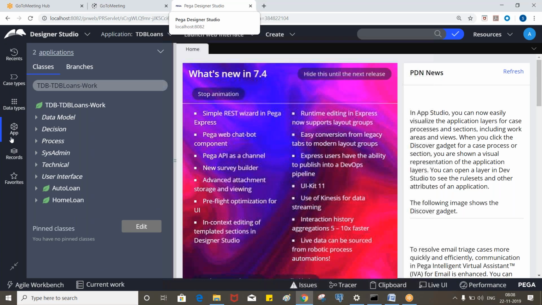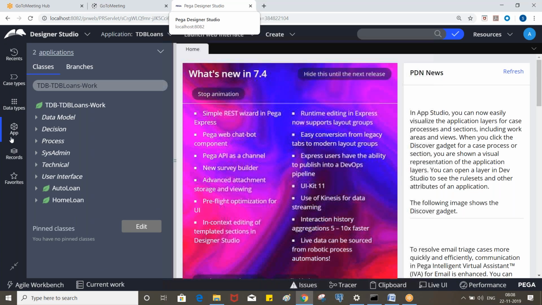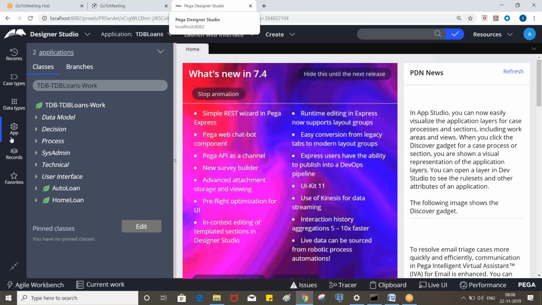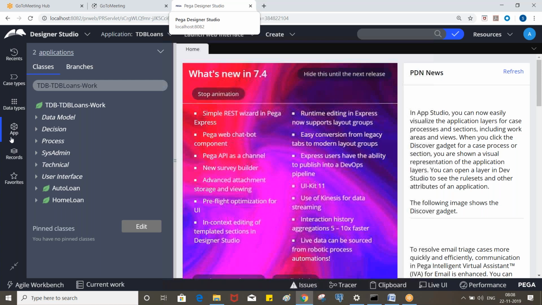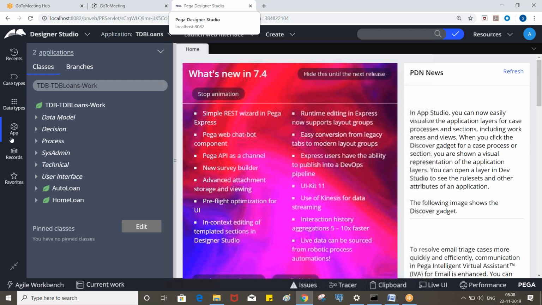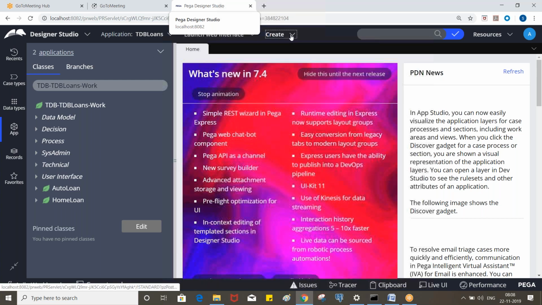So yesterday we created the loan detail section and we invoked it in both the home loan and auto loan flows, right? So now let's execute the flow.